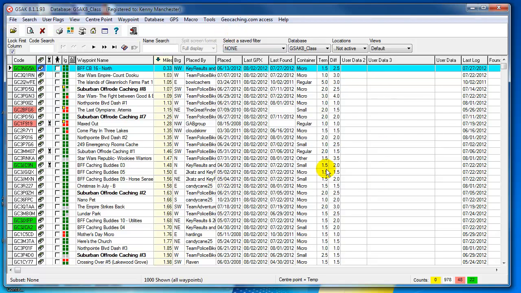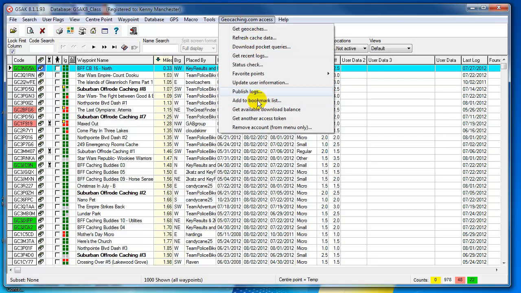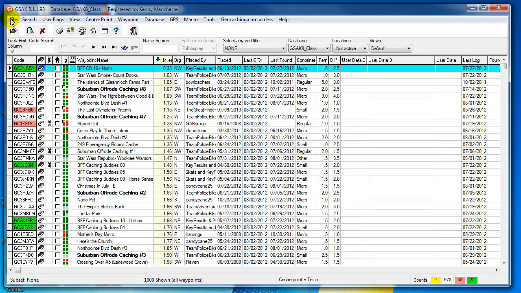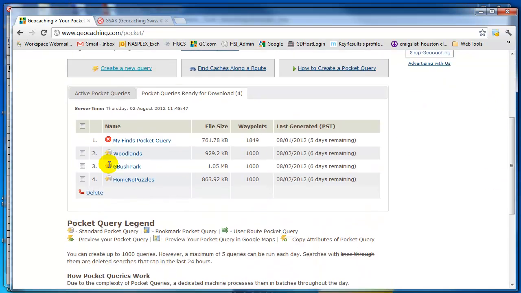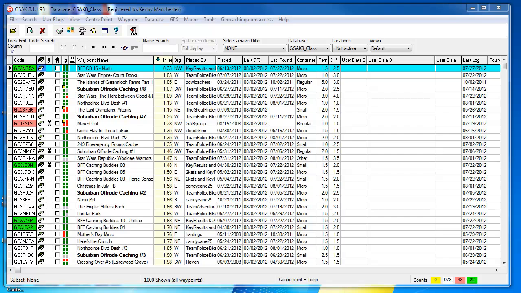The last thing I'd like you to do to be ready is to download your finds, which will populate this yellow area. To do that, we actually have to do that manually. We can't use the direct download method like you can for here for some reason. So go to the directory. If you go to geocaching.com, and let's bring that over here for a second. We told you to run your MyFinds file. If you go to your geocaching.com account, you'll see the MyFinds Pocket query here. Go ahead and download that file to your PC, and when you do, you will have